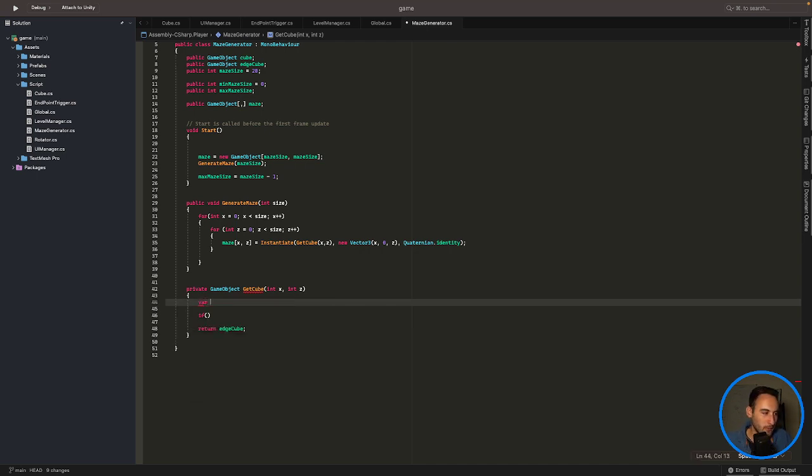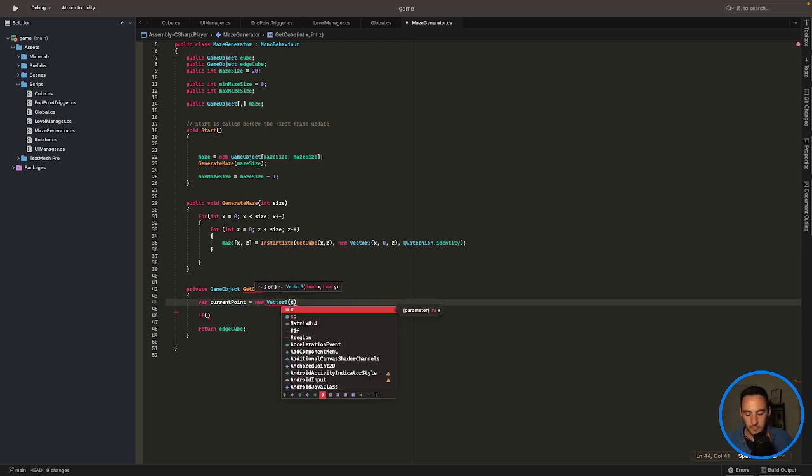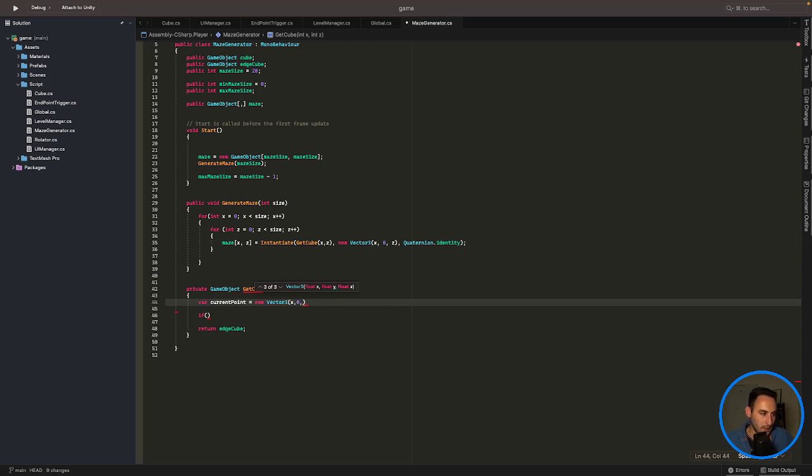So let's go and say var current point is going to be equal to a new vector 3, and we're going to get the x value from our parameter. Our y value is going to be 0 because we always work on the 0, and our z will also be 0. Okay, so we'll save that like that,